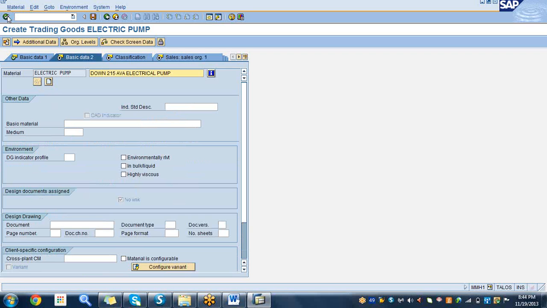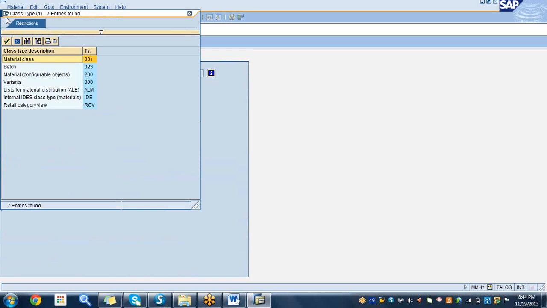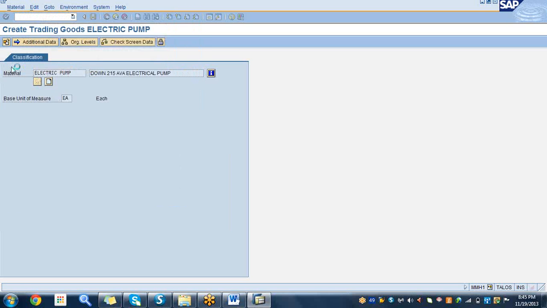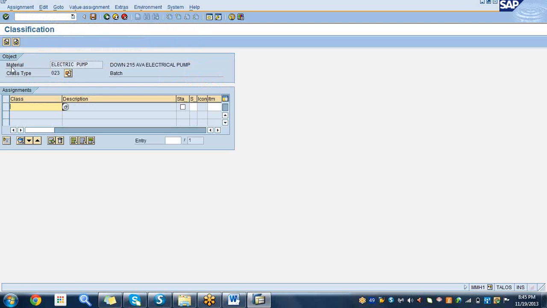Click on. Very good. Again click. So it will go from one screen to another screen. So right now you select a batch number because we want to produce it in batches. Double click on it. Excellent. So you have a batch class called 023. Okay. And if you want to select a batch for the pump, you go to drop down, select